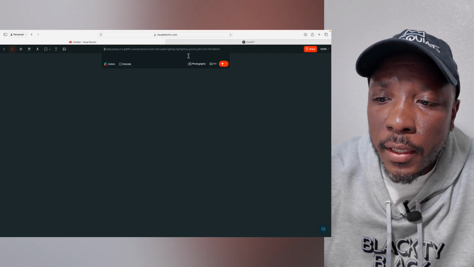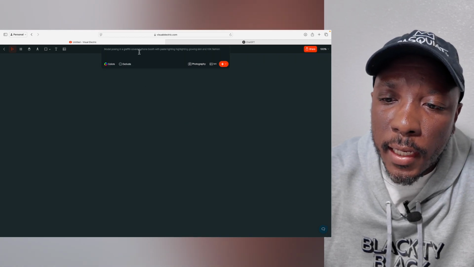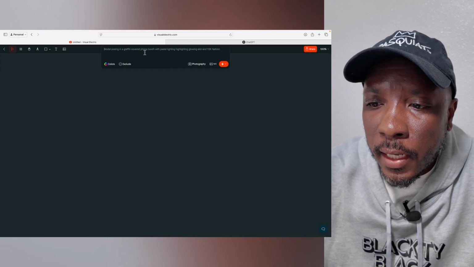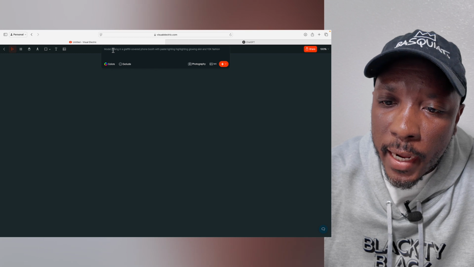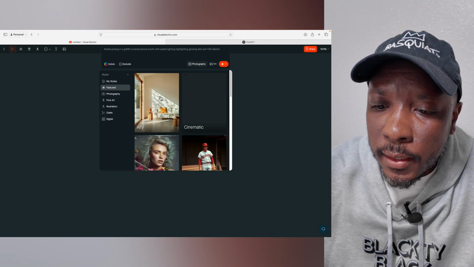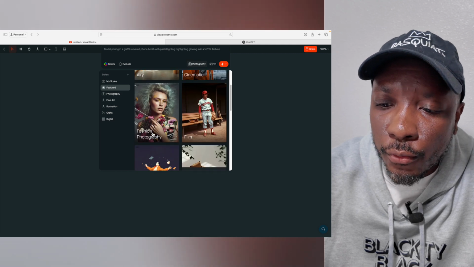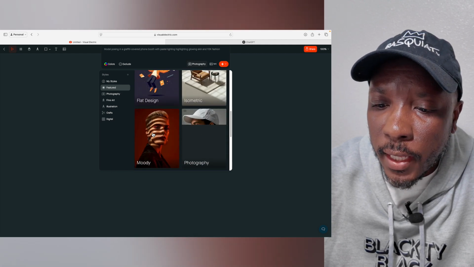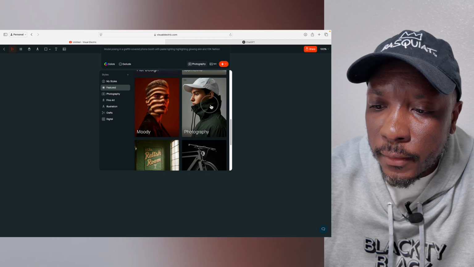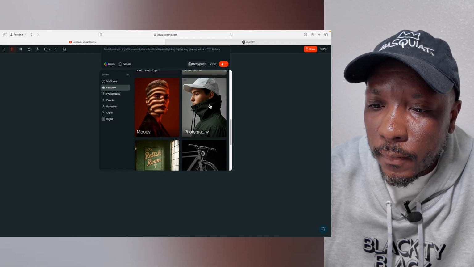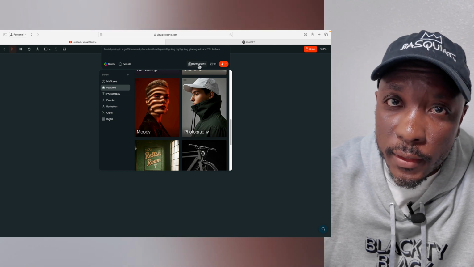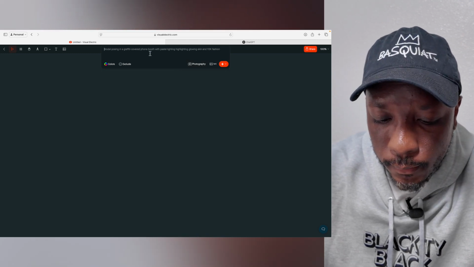From here, I love this, let's say this is where we put our inputs, because it not only gives you an idea of what you want to create, but the options to be able to create something are really unique. It gives you some type of template, so let's say I wanted to just go with photography. Oh, it's actually on photography already. So let's say